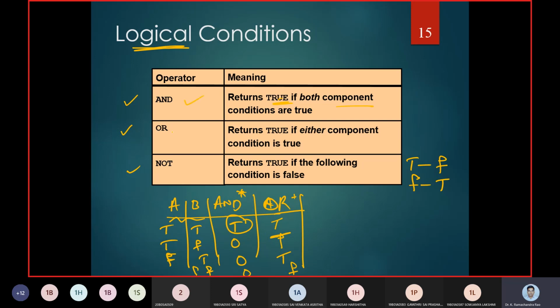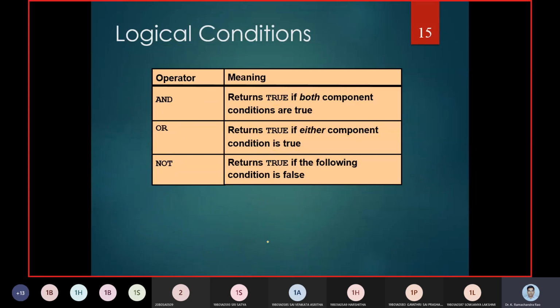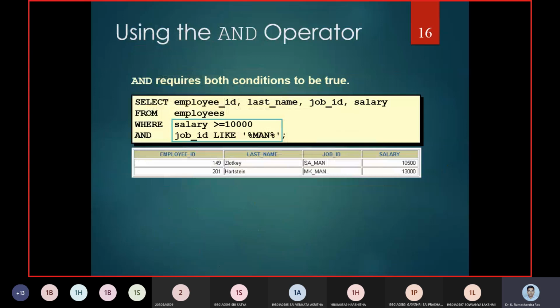Then you can look at the definition of an OR operation: either component can be true. So true, true, true, then the answer is true. Now here is an example of an AND operation, and the definition requires both conditions to be true. Both conditions must be true, and only then the AND operation is satisfied.